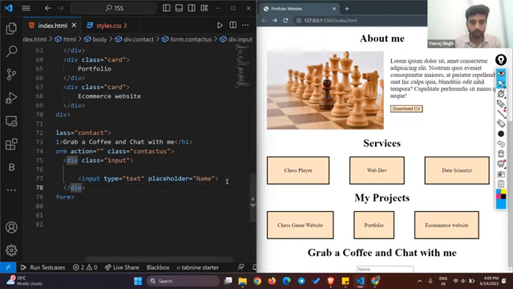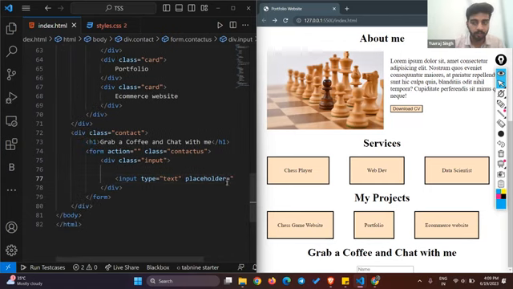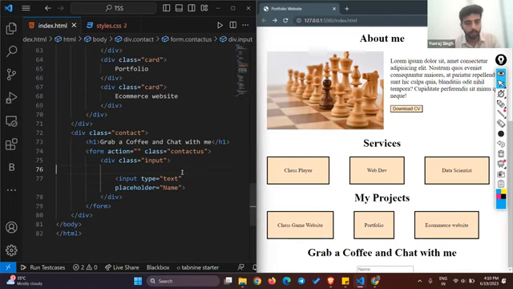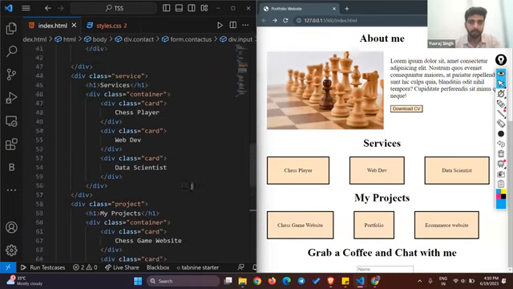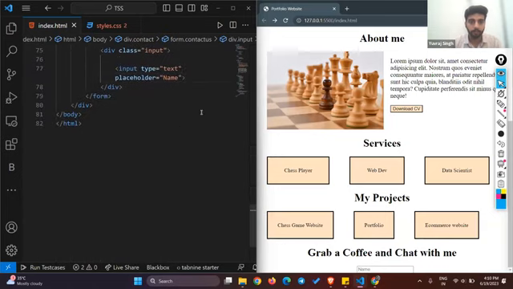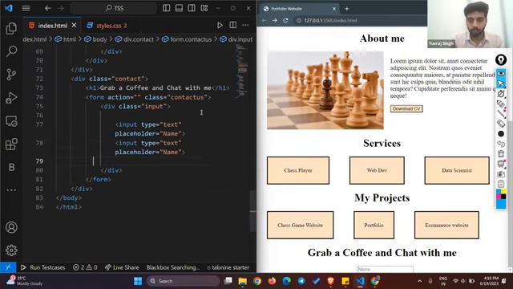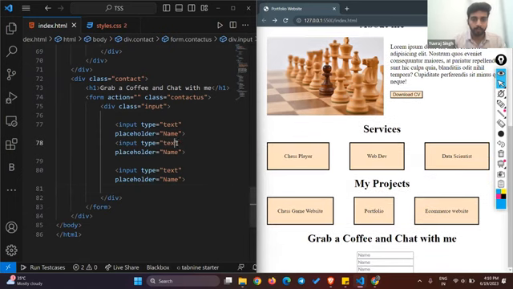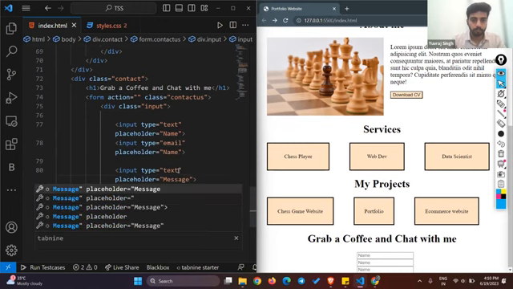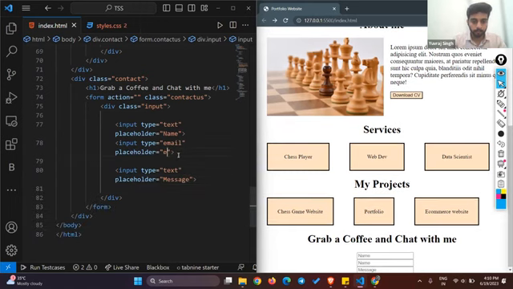Now let's copy this field. See, this text is not coming in our viewport. Just click on it and do Alt plus Z. It will be adjusted in that viewport only. We copied it, just paste the input field, paste another input field, and here we give the type email. And here this is message. Name is